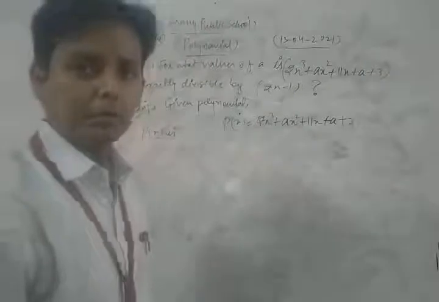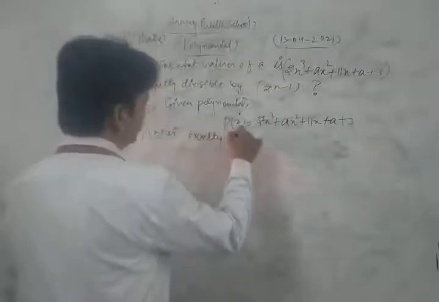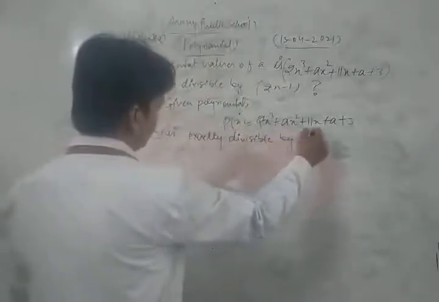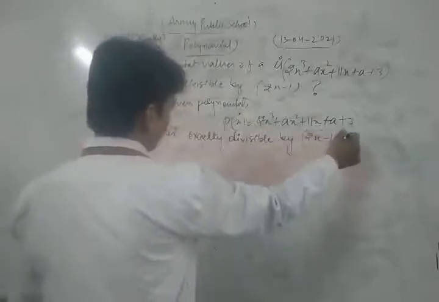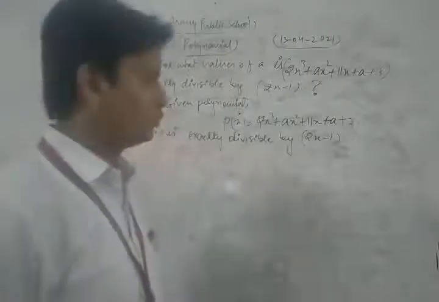Now let's see, since p(x), the given polynomial, is exactly divisible by 2x minus 1, that is by factor theorem,